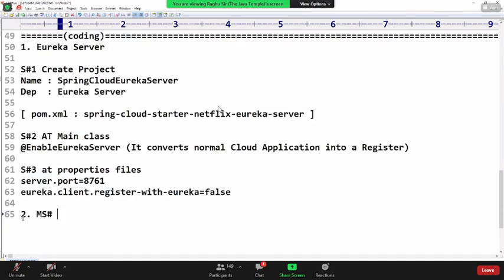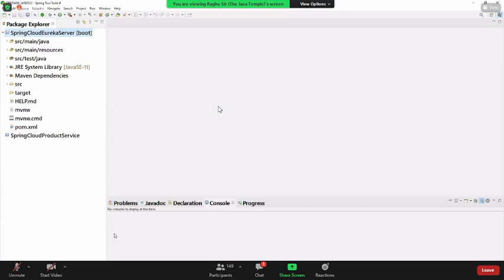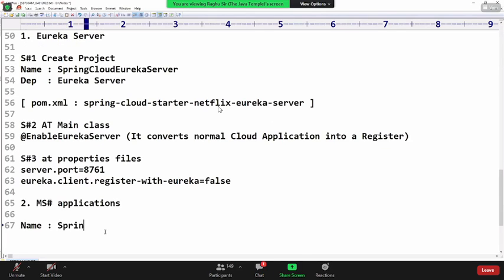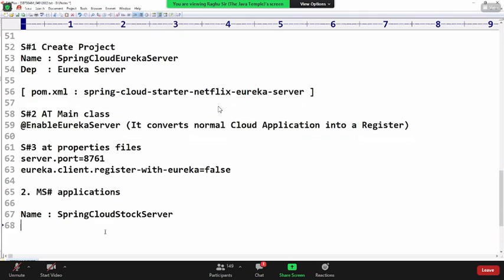Second, the microservice applications. Here I'll create the stock controller first. Dependencies: Spring Web, Eureka Discovery Client.